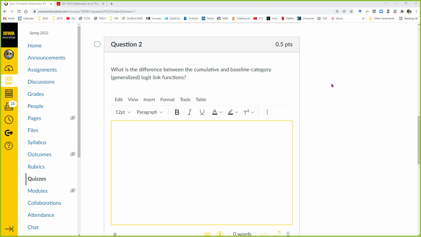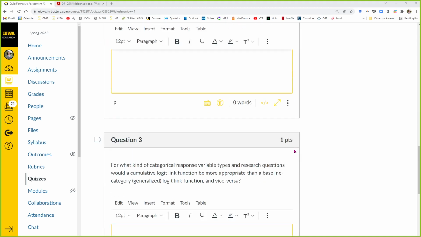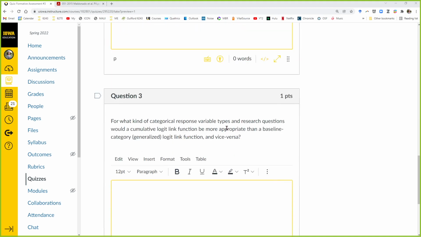And okay, and for the link functions we're using, we're working with the nominal outcomes for these, right? Well, so here's the nominal and ordinal thing. Yeah, so that actually segues into question 3. Traditionally speaking, a cumulative link function is for ordinal outcomes, and a baseline category or generalized logit, where it's like a dummy coding with a reference outcome, that's for nominal. However, you can use a nominal link function with ordinal data. There's nothing wrong with that.